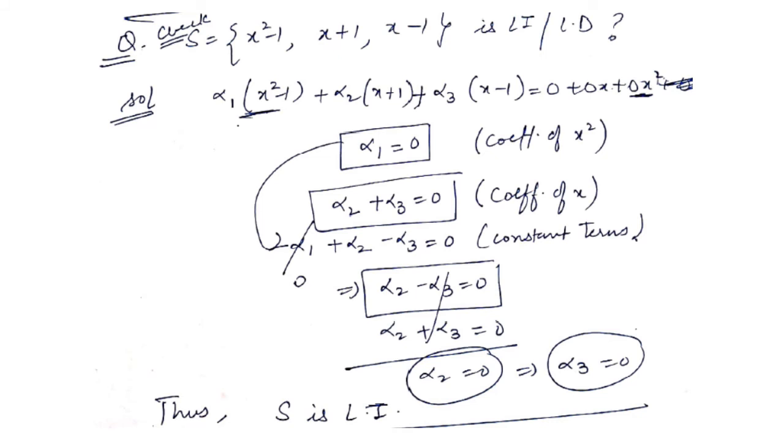Similarly, an example of polynomials. So now just see, we have to check whether this set is LI or LD. So we take its linear combination. Now since it is a polynomial, we will equate it to the zero polynomial. And what is the degree of the polynomial? Maximum 2 degree. So here also you have to take polynomials up to degree 2. So compare the coefficients, you will get the equations. Simplify these equations. If each alpha i is 0, then this set is LI. If at least one is non-zero, then this set will become LD. Now in this case each alpha is 0, so therefore this is LI.